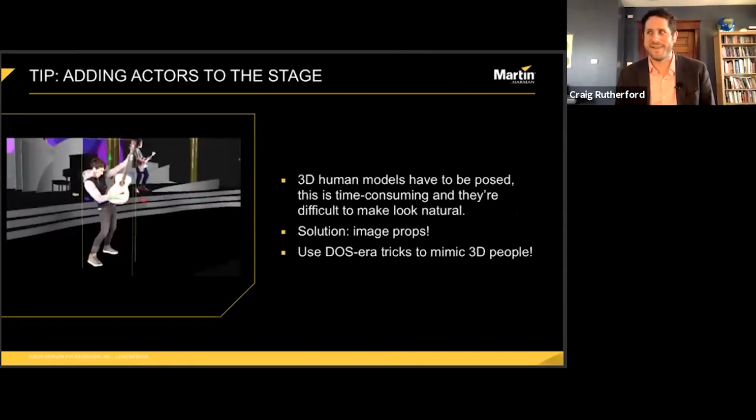So if you've ever played Wolfenstein 3D or some early DOS games, you know what I'm talking about. It's a flat plane of sprites that always faces the camera to sort of give a fake 3D appearance. I do this in Cinema by just making a flat plane, standing it on end, and applying a texture of the band members with an alpha transparency to it. Usually for at least the lead singer, I'll try to find an image of them off of the internet, and I'll spend some time in Photoshop or an equivalent program. I actually use Affinity Photo,